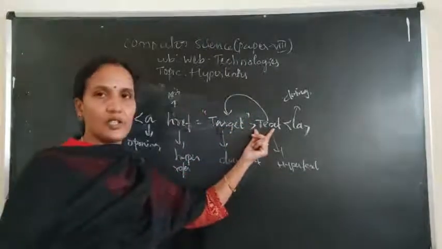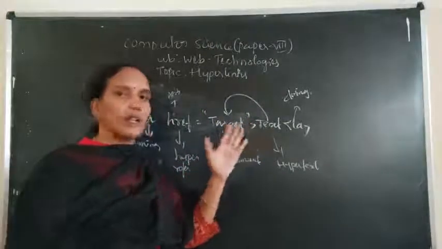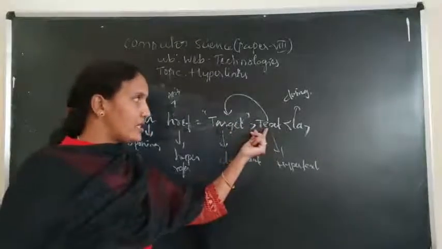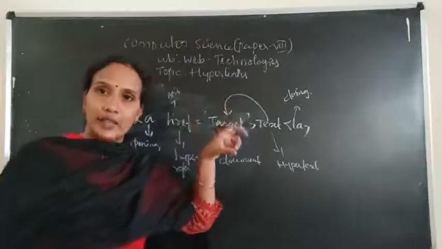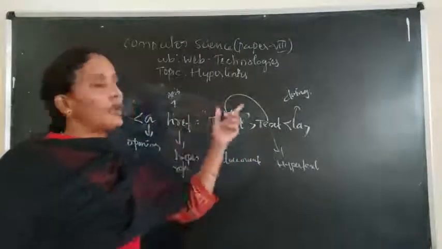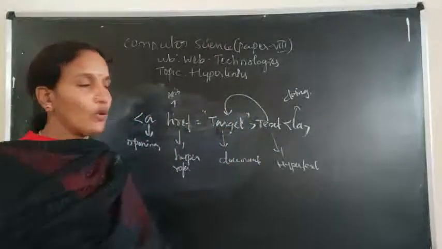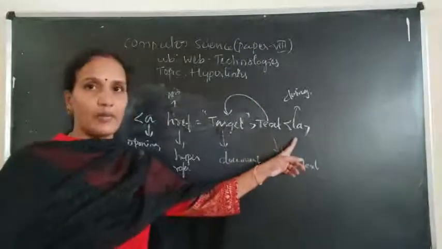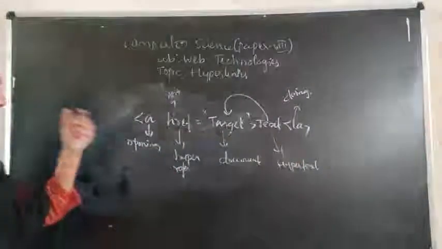Next, this is a text. See the example; this text I have not given, so where will you click, right? If this text is there and you click on that text, you will move from the current section to the target document. That is why this hypertext is compulsory. And this is the anchor closing tag. Clear? You take a screenshot of this. I will give you the example program.